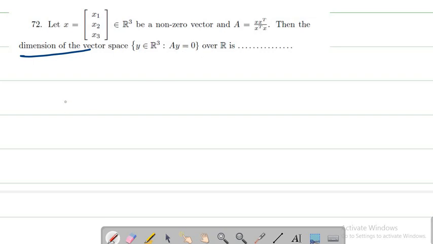to 0. So if you look at A, this is a familiar matrix to us, which we have discussed in almost 2-3 lectures in the previous sections, and we have found the rank of this matrix. What is the rank of A? The rank of A is basically equal to 1. This we have already done in the previous lectures.